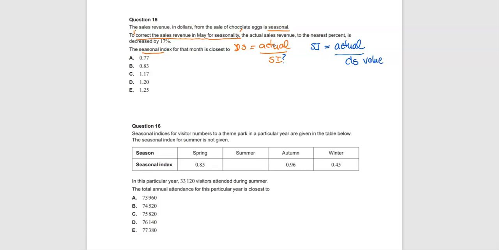So what I'm going to do is make up a value, an actual. So I make up an actual, and I said to my class, just make up an actual of 100, as if it was like 100%. And then when you deseasonalized, it said it went down by 17%. So the deseasonalized value must have equaled 100 minus the 17, which would equal 83. So if I go to find the seasonal index, all I have to do